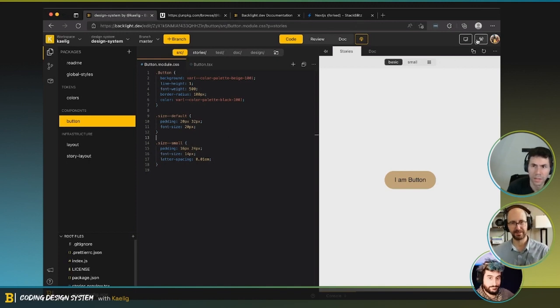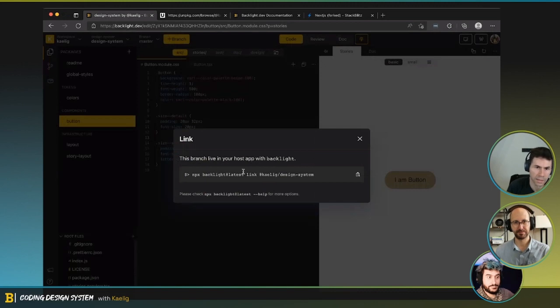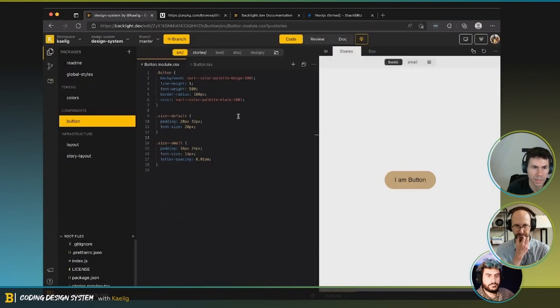Yes, and this is done through the link command line, where in your host app in Next, which I think will not work on StackBlitz, but locally you will run this, and this will actually run your design system in situ of your npm package that you imported into your Next app.